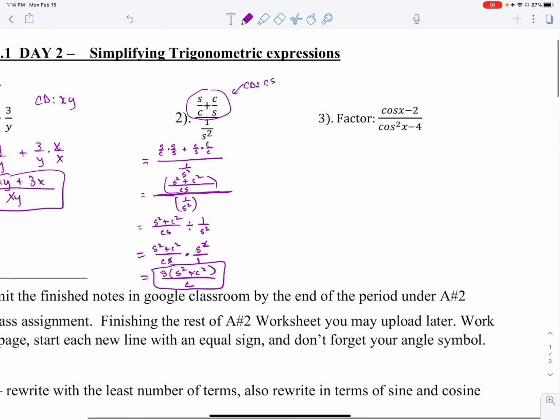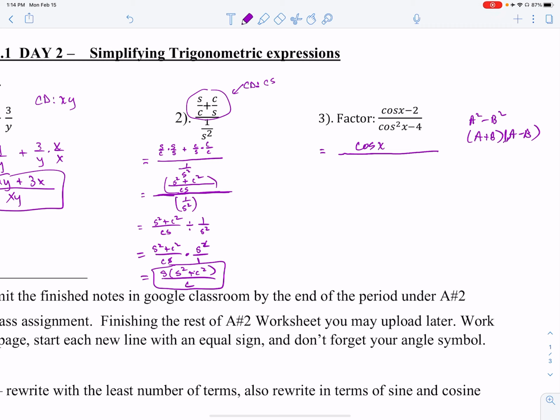All right, in 3, it says to factor. The numerator is factored, but in the denominator, I have a difference of squares. A difference of squares factors as a plus b times a minus b. Here we've got cosine of x squared and 4, which are both perfect squares. On this one, the numerator is cosine of x minus 2. Don't forget that argument of x. In the denominator, because I have a difference of squares, I can make it cosine x plus 2 and cosine x